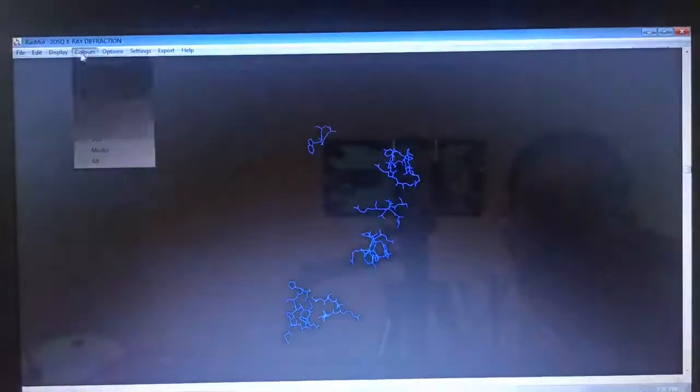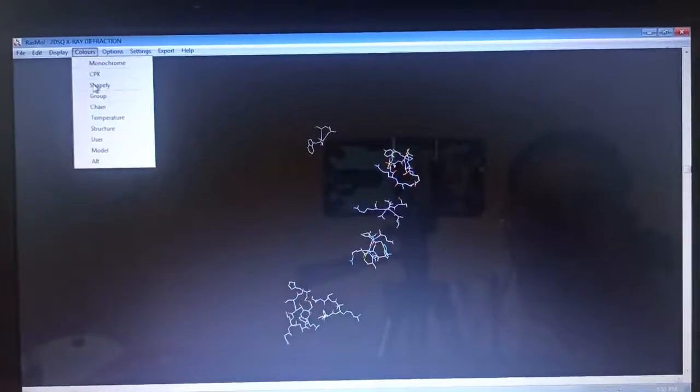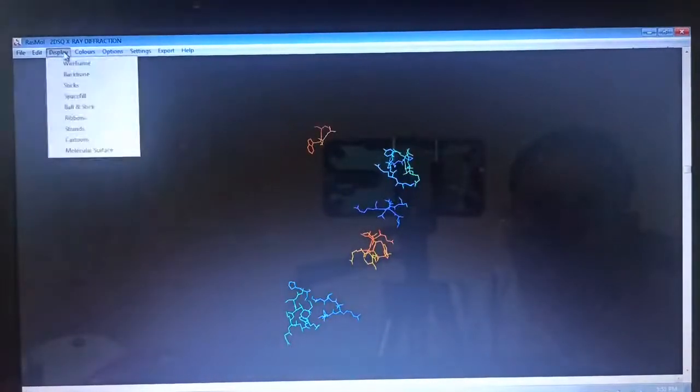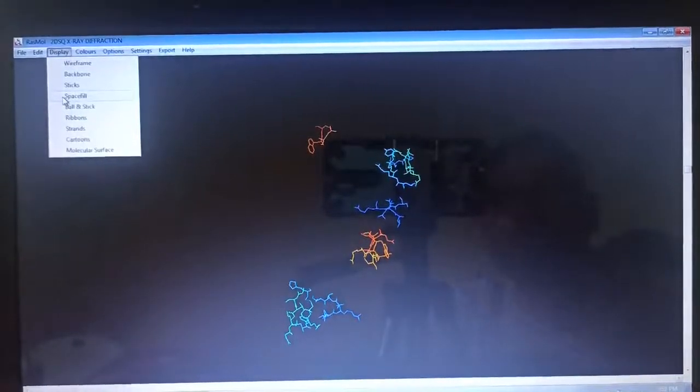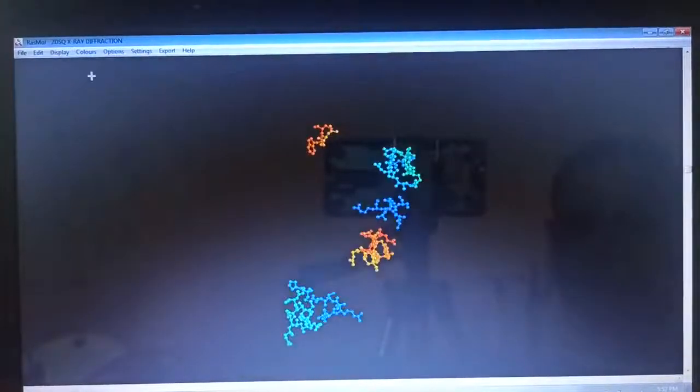You can change the color also from here, of this particular molecule, on the basis of group and so on. So these are the different commands that you can use in RASMOL, and you can do the analysis of the PDB file in this way.